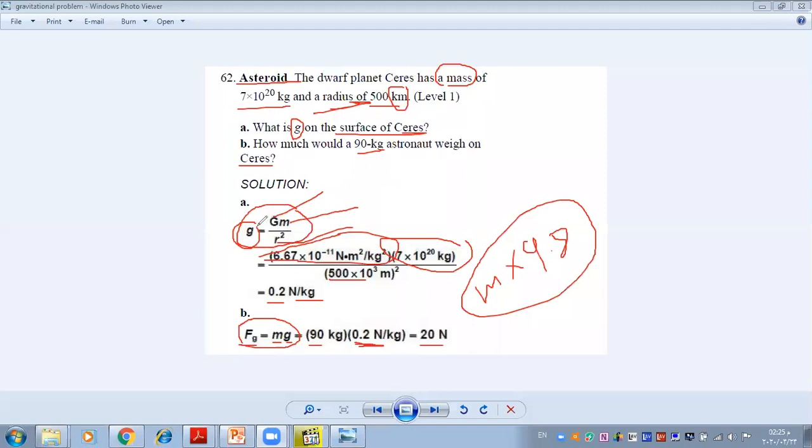But just know this is the main idea. If you want to calculate gravity or gravitational field on the surface of any planet, you will use this law: G, the general gravitational constant, M, the mass of the planet, any planet, R, the radius of the planet. I hope this is clear. Mister, you mean like g equals GM over (R plus RE) squared? Yes. If we have another height, we'll add it. Okay, right. The same.